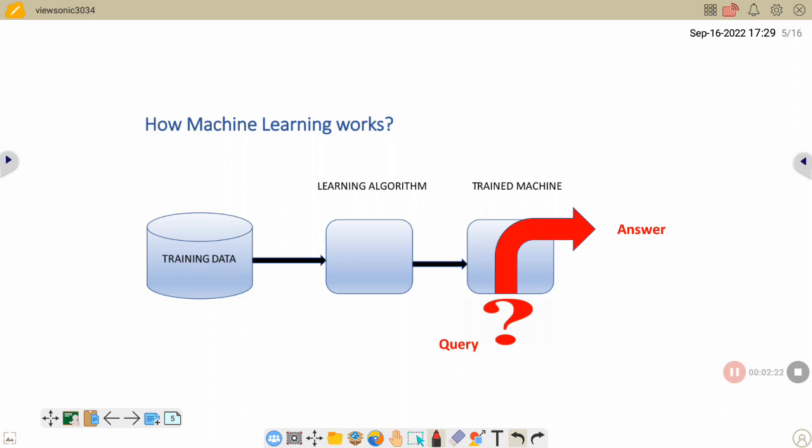So this diagram, as you can see, shows the training data set which is fed into the ML algorithm, and then from the ML algorithm we are training the machine, which is getting trained, right? So that is labeled as the trained machine. Now if we are asking for a new data out of that machine, that is the query part, right? So if we are asking, what will be the output of it? It will give me some prediction out of it, because we are analyzing the input data, the training data. From there it is now able to give a prediction for the new test data.